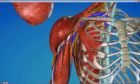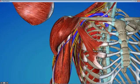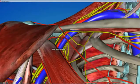So this sort of shows that medial pectoral nerve going through the pec minor, and then it would be going to the pec major. So then let's sort of zoom into this space. The pec minor is a helpful landmark because if we look at the axillary artery right before the pec minor,